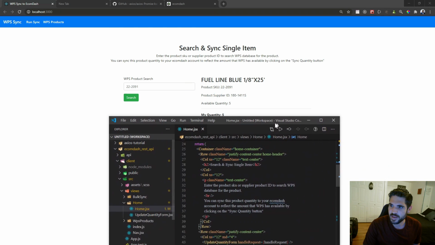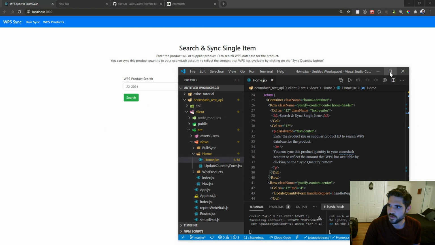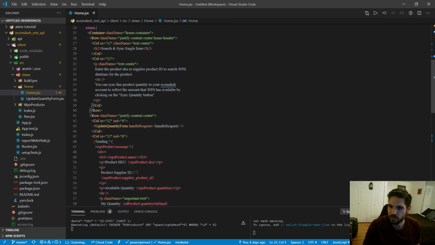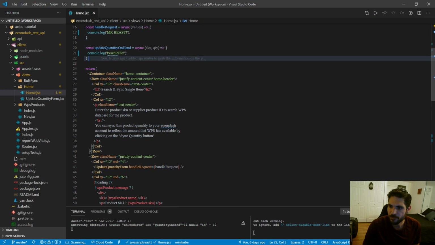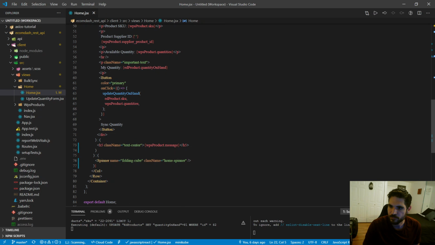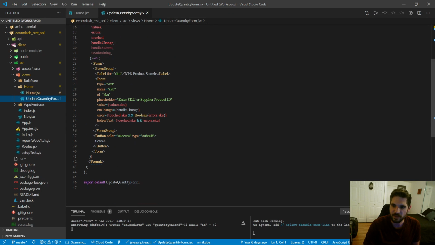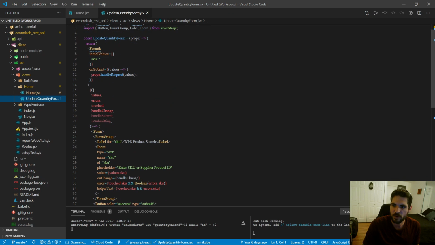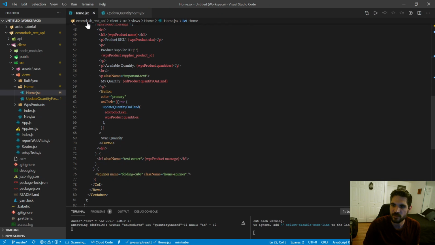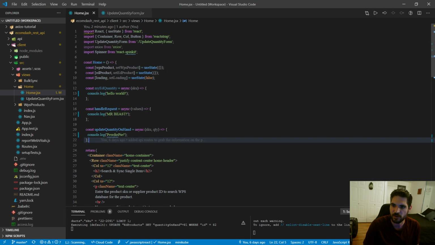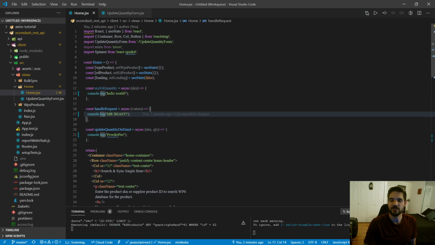Let's see, pull up the application. For the search button, I believe it's on the next page. I'm passing it into this component right here. When this form is submitted, it's going to call this props handleRequest, which comes from over here, handleRequest. So this is going to be our first function that we're going to want to build,